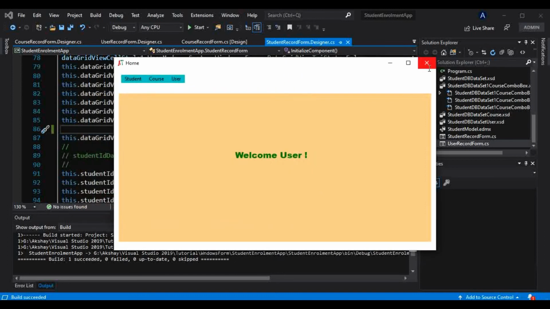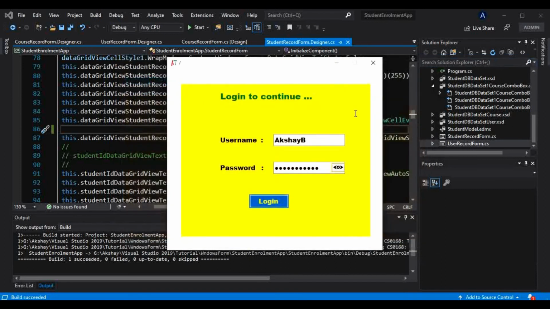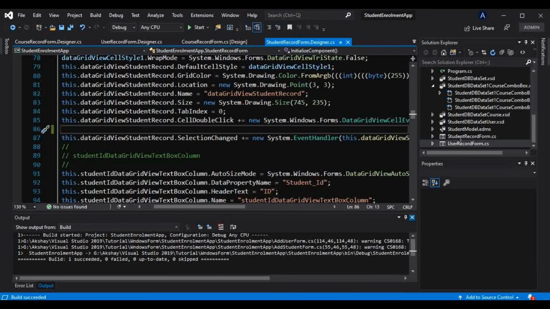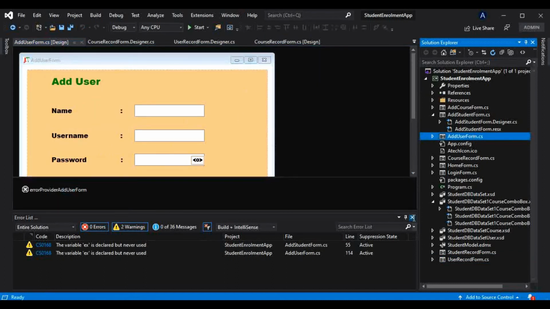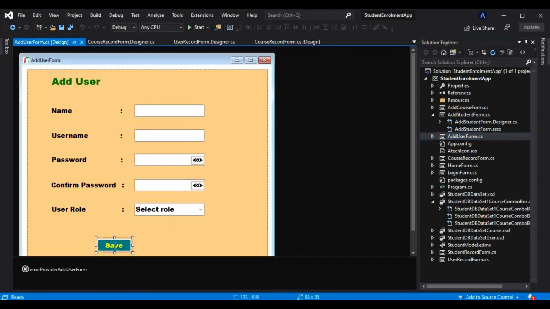Now what I want to show you is how I have added this course form here, and all the coding for that, because I have not shown you that in the previous tutorial. I told you that we have learned all these things at the time of adding the student, making the database connection for the student, and fetching records for the student. That is why I directly created this add course here. But let me show you all the coding once lastly. If I go to that add user form here, I have generated this form and created all the functionality for this save button here.